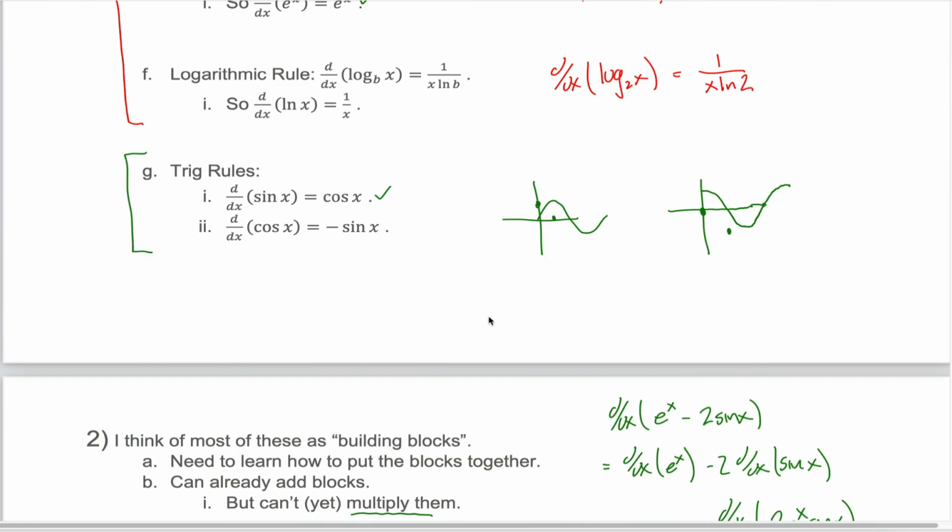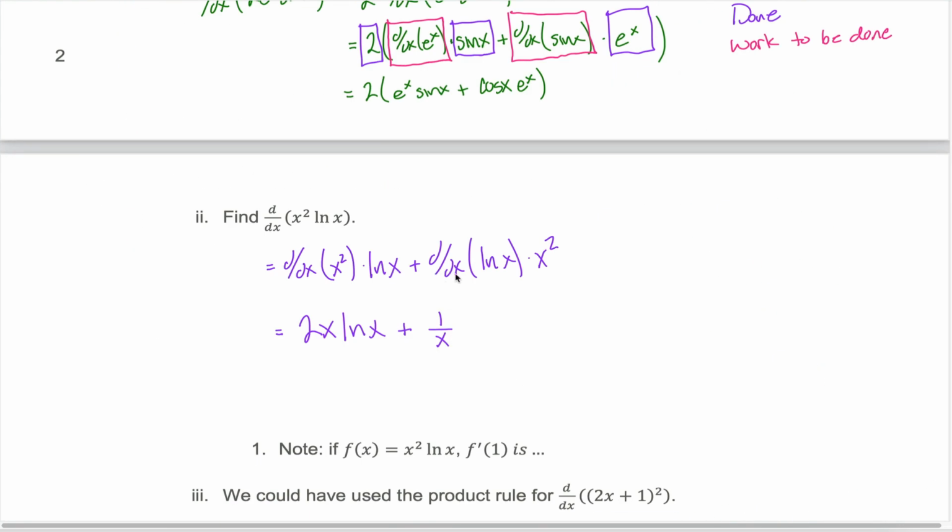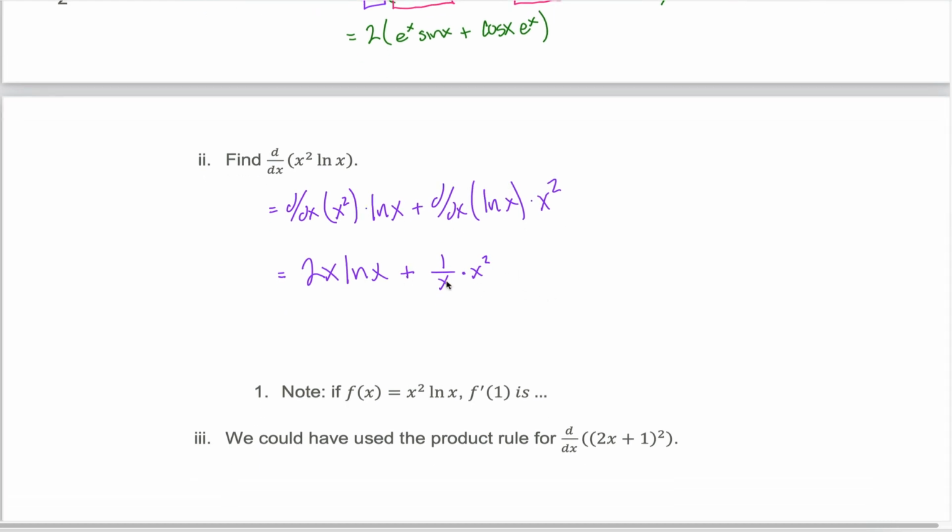Maybe you're thinking 1 over x times the natural log of e, but the natural log of e is just 1, so the derivative of natural log of x simplifies really nicely. That's this derivative part, but I'm still not done. I have to multiply that by x squared. I don't have the d over dx symbol written anymore, so in a sense I'm done, although there's no reason not to simplify this. I think this is a perfectly good answer for our class, but I'm always going to